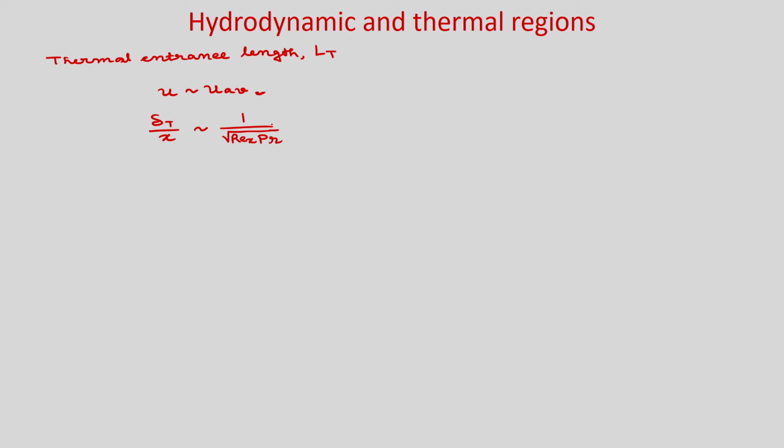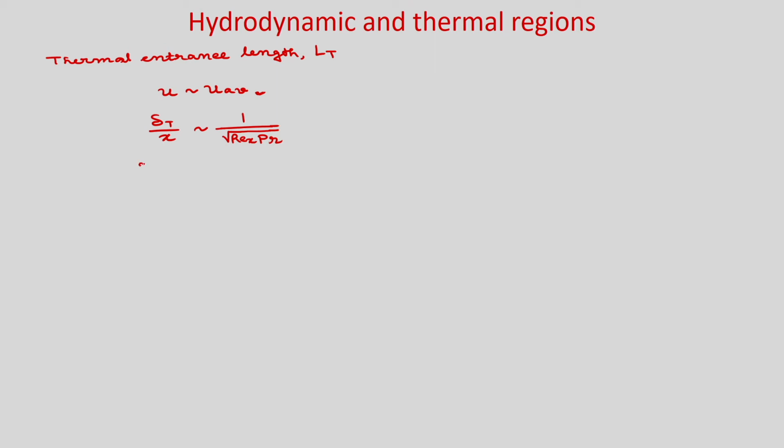So, that we have already shown for the external flows, because it is a developing region. In the developing region you can see that it is kind of external flow, and delta T, which is your thermal boundary layer thickness, is increasing with x. As we are considering the velocity scale as the average velocity irrespective of high Prandtl number fluids or low Prandtl number fluids, delta T by x we can write as 1 by root Rex Prandtl number.